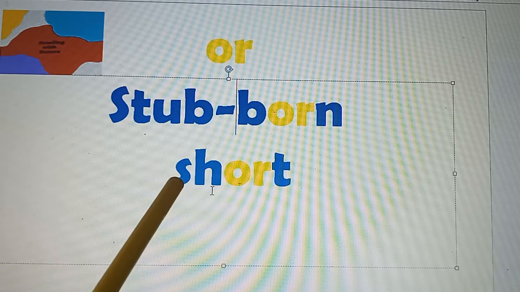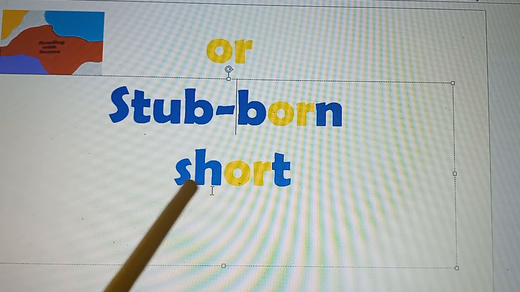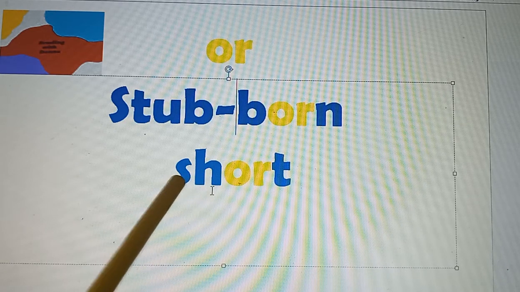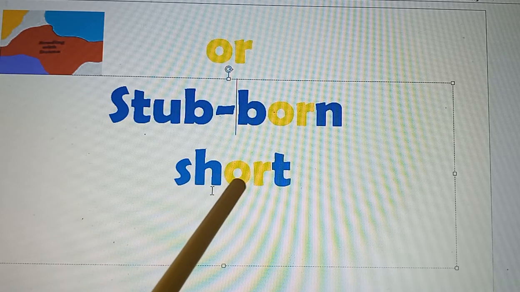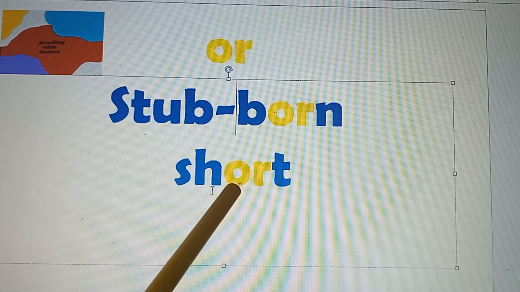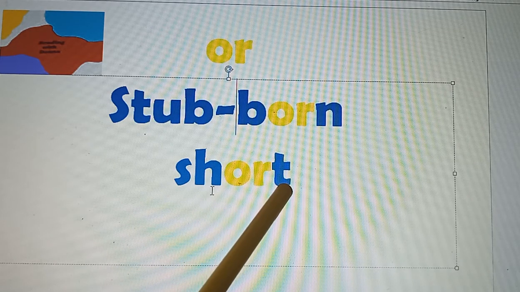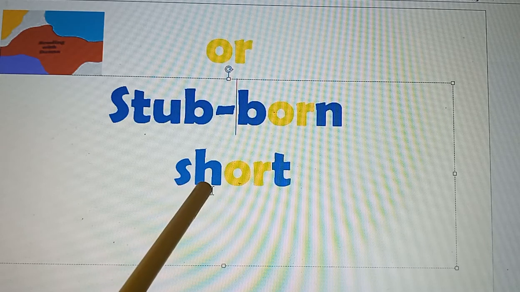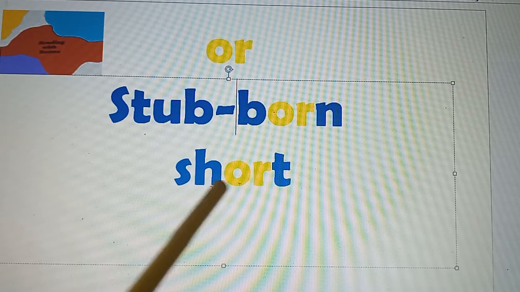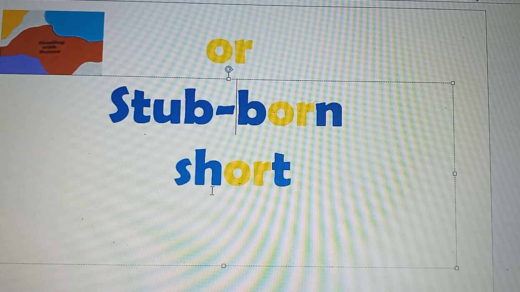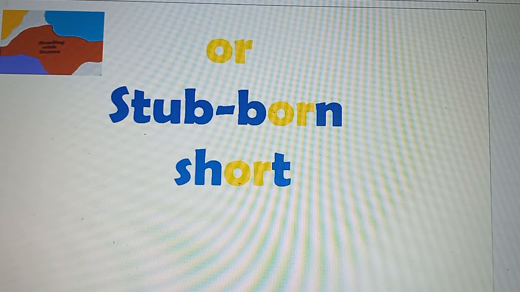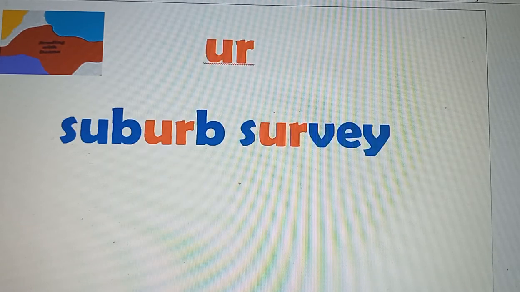All right, so here we have sh, or, t. So we see that the S and the H give 1 sound, and that sound is sh. And then the O and the R say or, the T says t. Sh, ort, short. And that is the word short. So we hear the R coming out right there. The last one that we will be looking at is